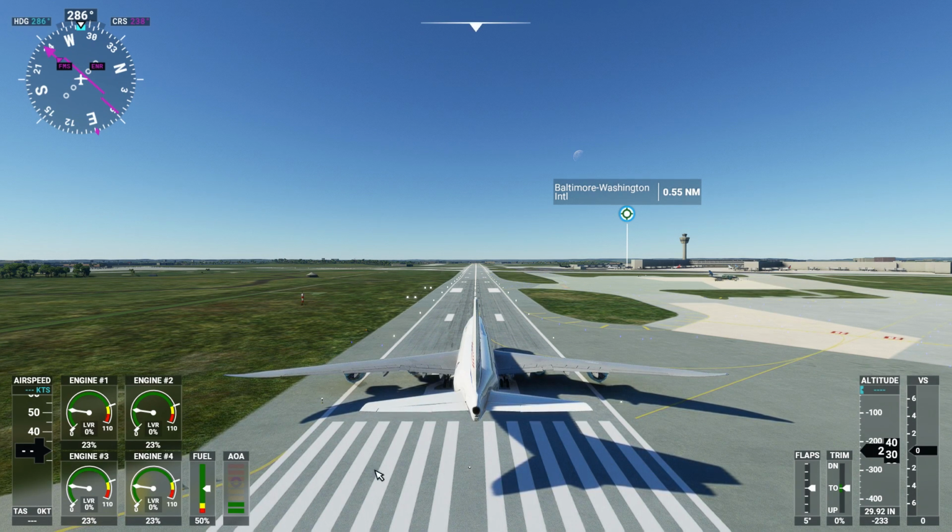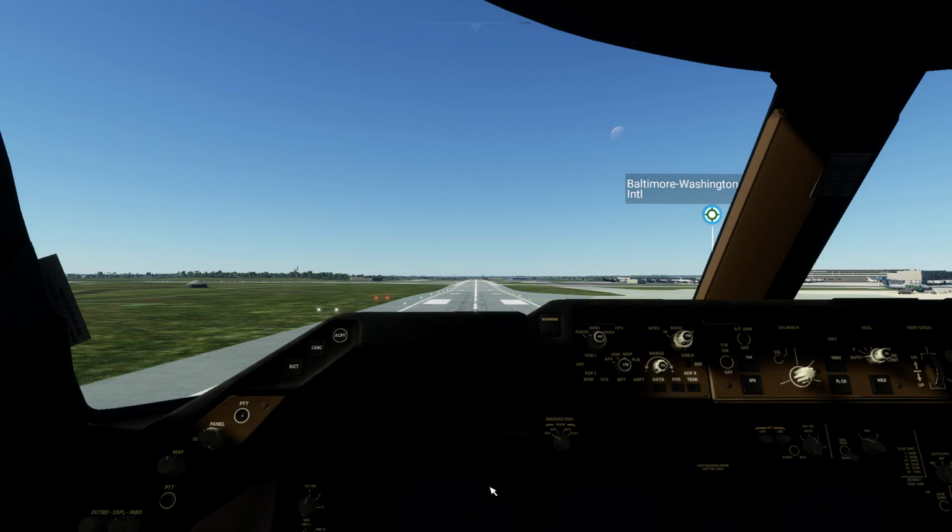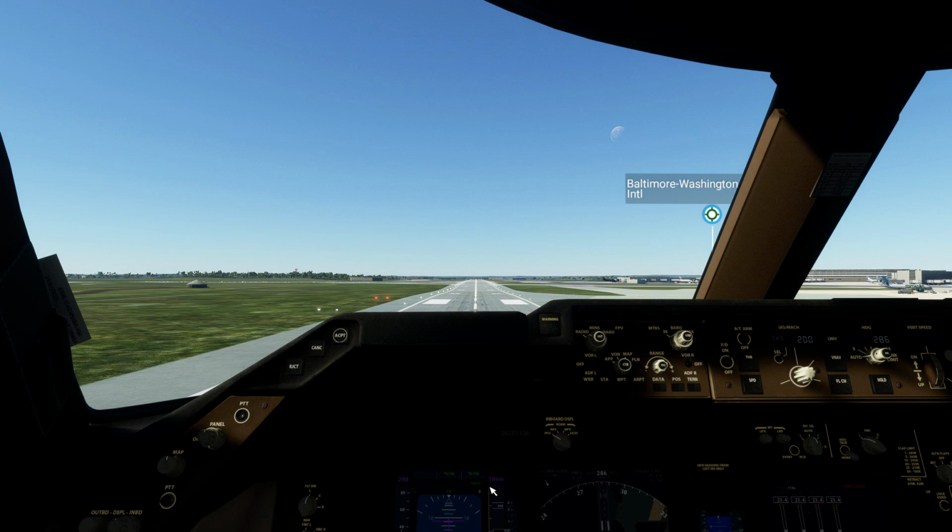Look outside before we take off. It's a little faster, 76%. Let's take a look inside at the main panels and what we have to do for an RNAV